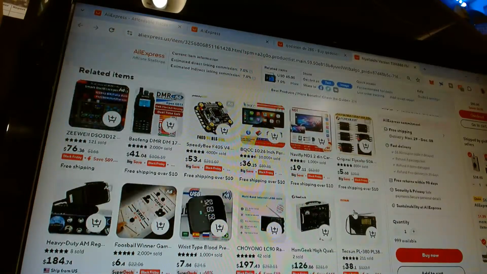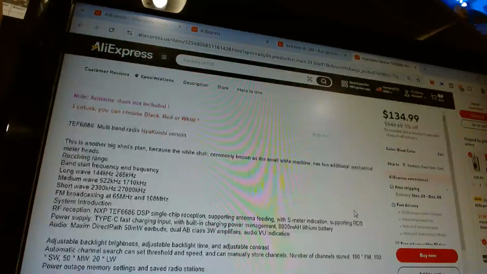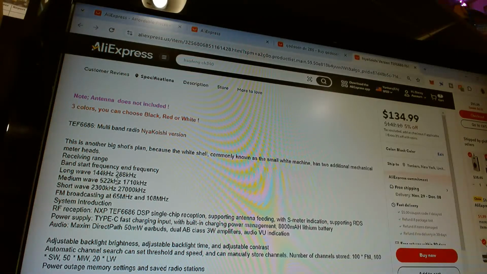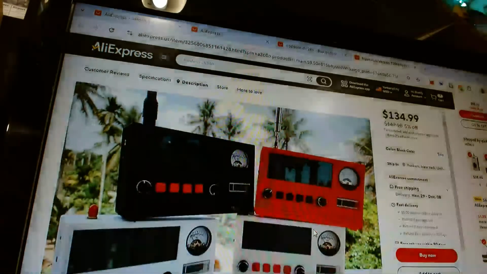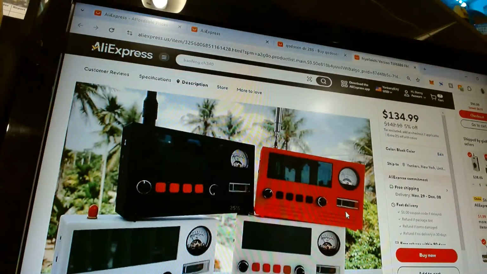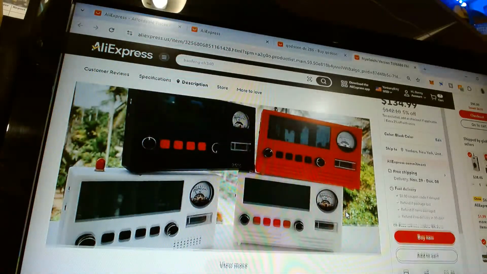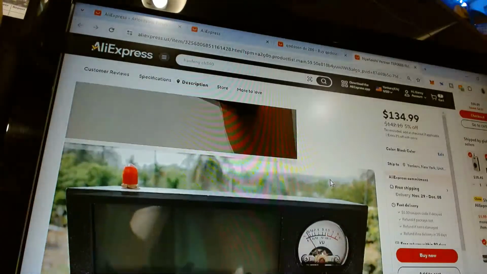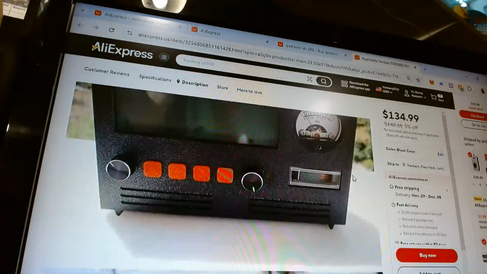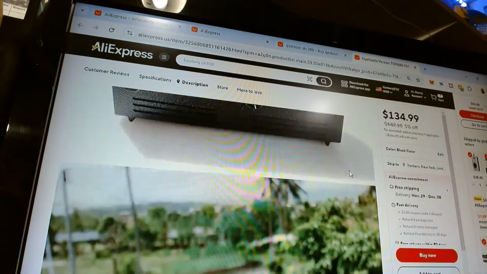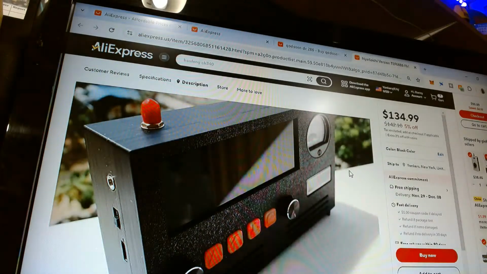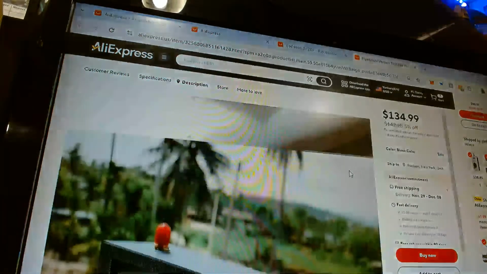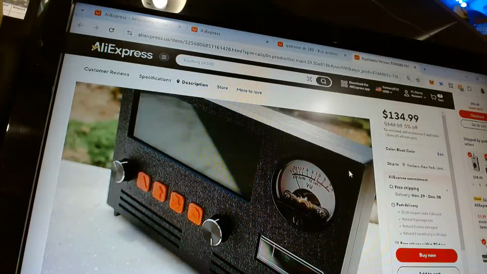So which one is this one? Oh, this one. Okay, so let me see. It says it has medium wave. It's right here. It says medium wave and long wave. Okay, so it does have that. So that's a picture of it. Let's see a view more. So you got more pictures of it here. So that's the way that one looks. It looks interesting.